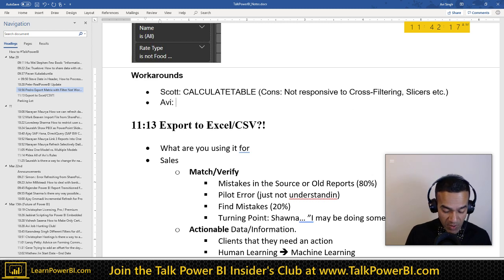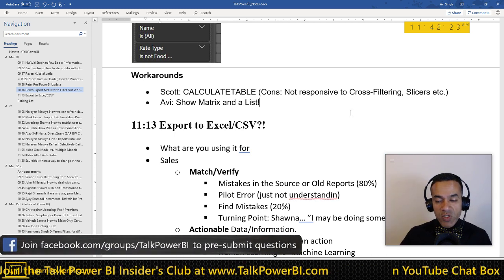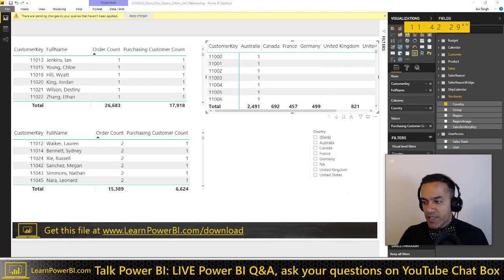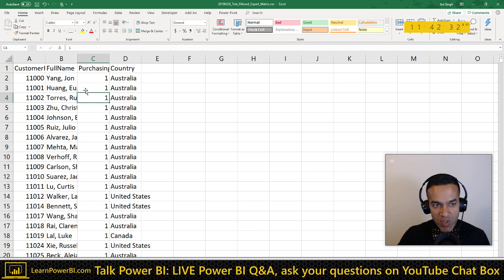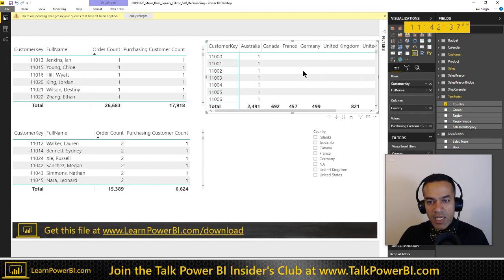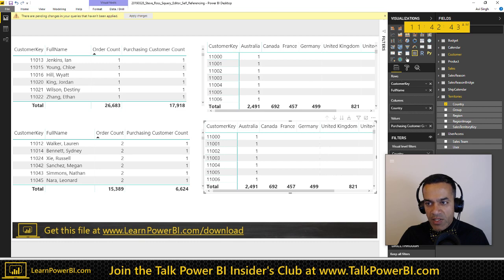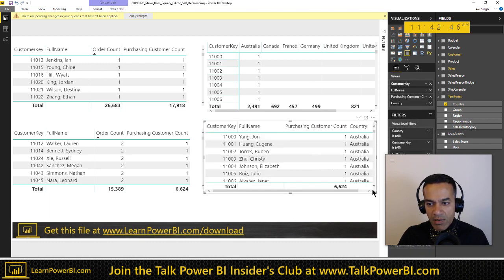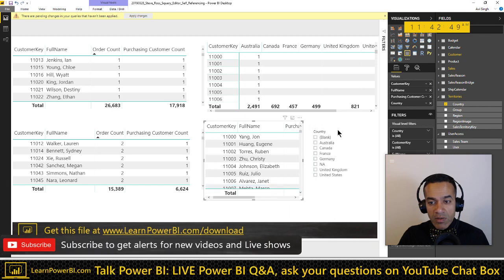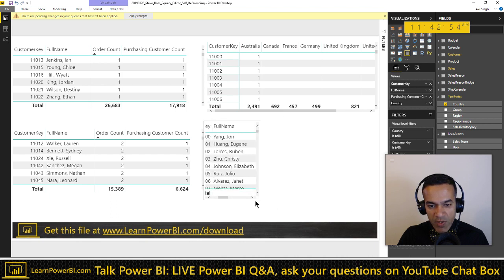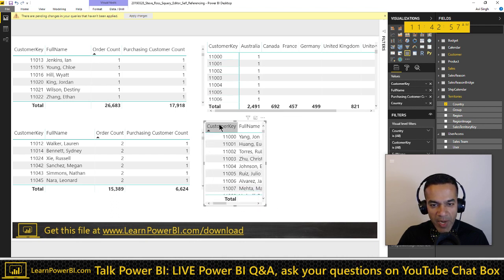And what I thought was show a matrix and a list. Right, so you show the matrix, but then on the side, because frankly, when they export it, it doesn't export in the matrix format anyway. It all pretty much flattens to a list. So why not take the same data and just change it to a list and see if that exports? If the list exports, then you can even keep the list compact or something like that.